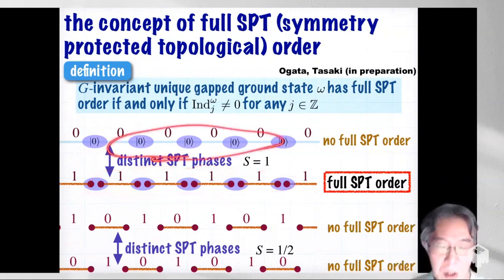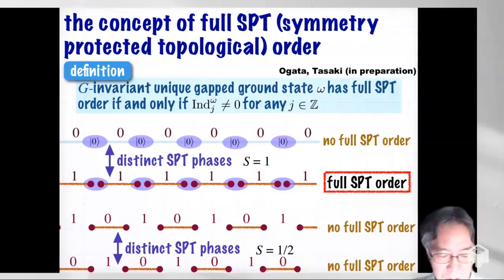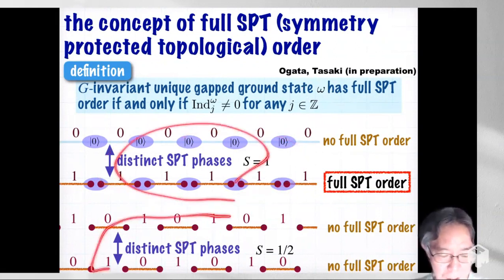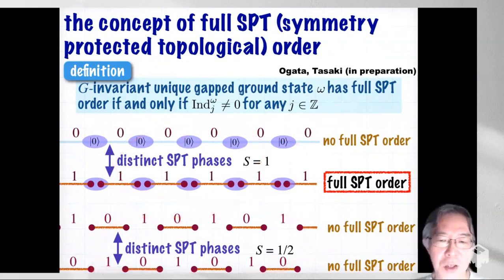Here's the trivial one. And there was a phase transition. And here is the dimerized spin 1/2 chain. These are the same thing, only shifted by unit lattice spacing, but we have seen that they belong to distinct SPT phases and there is a phase transition. But we feel that this example of spin 1 is more interesting, less trivial, and this spin 1/2 case is less interesting. But now this definition gives one interpretation, because in the spin 1 case,